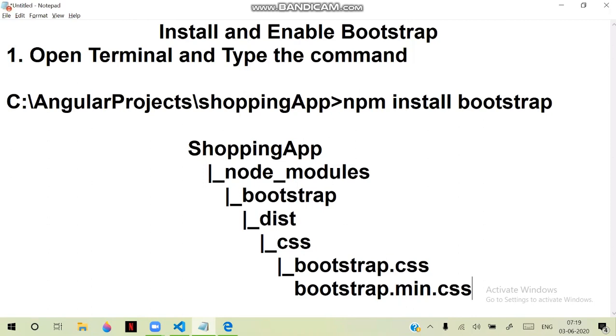That is the CSS file we need. We can also use jQuery, but we will not depend on jQuery here. We will use Bootstrap CSS. You can use Bootstrap jQuery also. Later I will